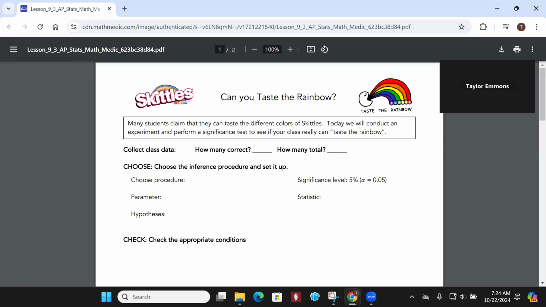If we ran this and every single person in here did this, we're trying to see if they can taste different colors of Skittles. So today we'll conduct an experiment, perform a significance test to see if your class can really taste the rainbow. Obviously, in our situation, probably not true. But let's say that we ran this for everybody. Let's say we did, out of the 150,